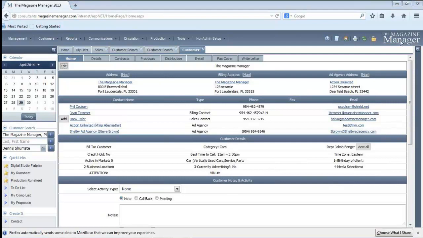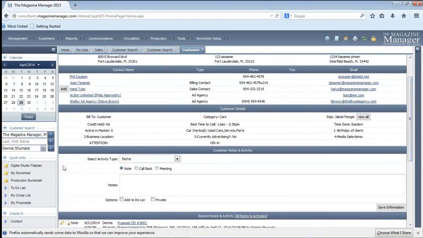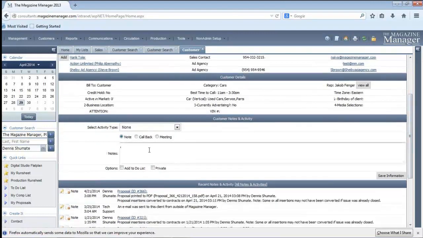Underneath that, we do have a customer notes and activity area. Now, just so you know on this, sometimes there's some confusion regarding when do I put it in as a note, or when is it a callback or a meeting. Well, if you see this as a default, it's set as note only. And so what that means is that if I put in as a note only, and I say something like